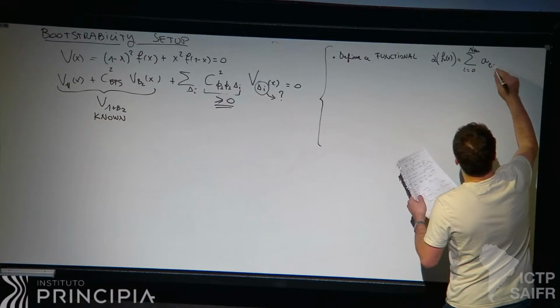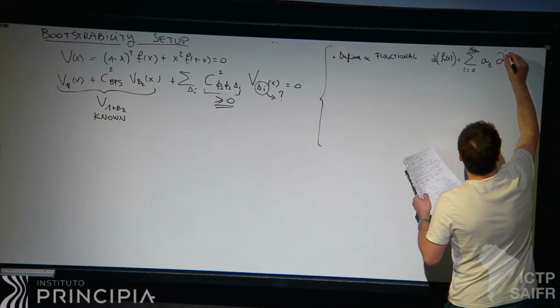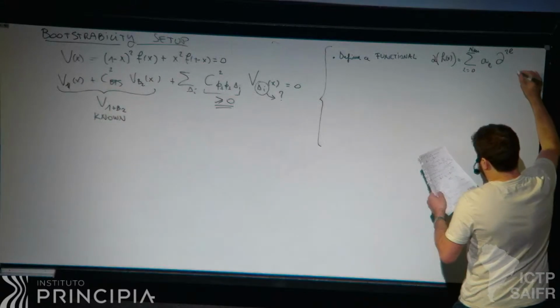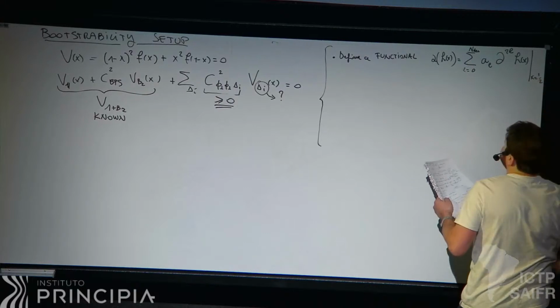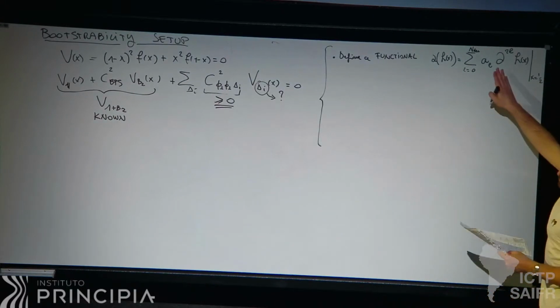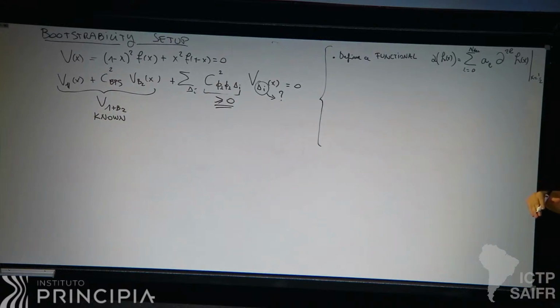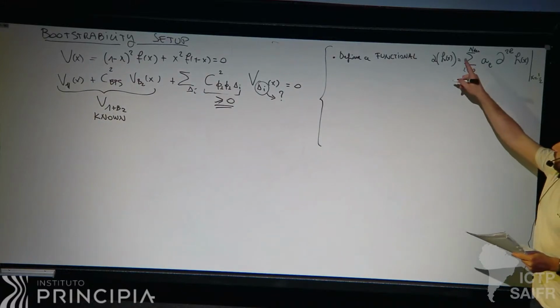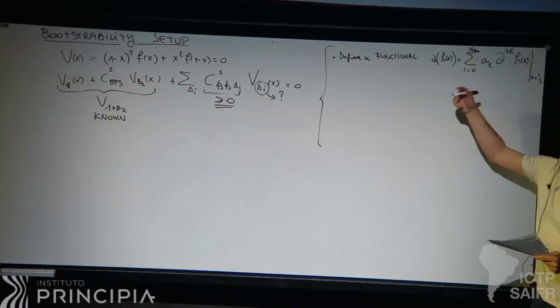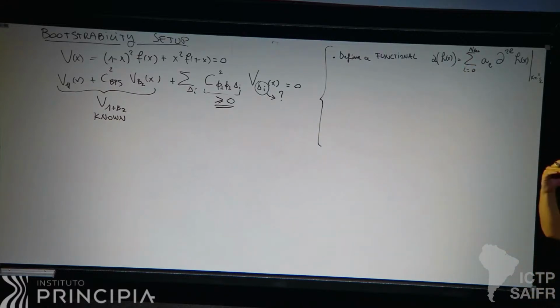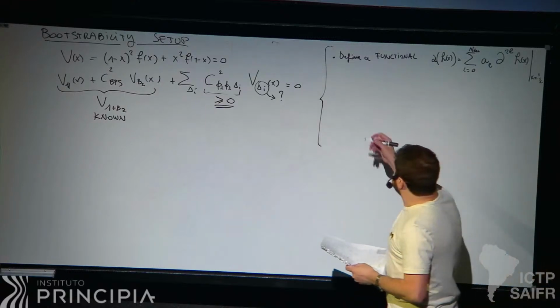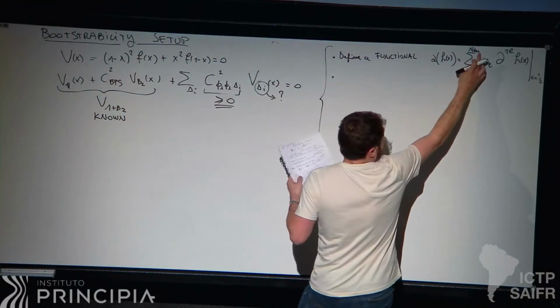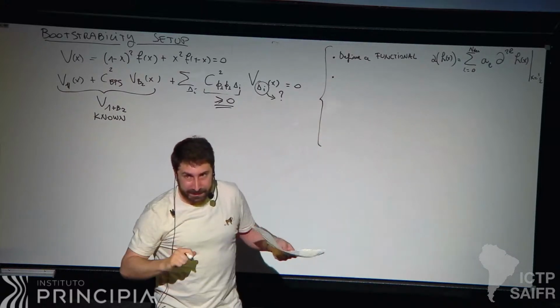Some coefficient, a of L, some number, and derivatives, 2L of h. And then we compute it at x equal to 1/2. Okay? So this function is a set of derivatives that we are using to act on top of the blocks. Obviously, we cannot do an infinite amount of derivatives, so we have to put a cutoff in the sum, but the bounds will still be rigorous, with the cutoff being big enough, okay? And so this number of derivatives will be a free parameter that I can tune in the numerical